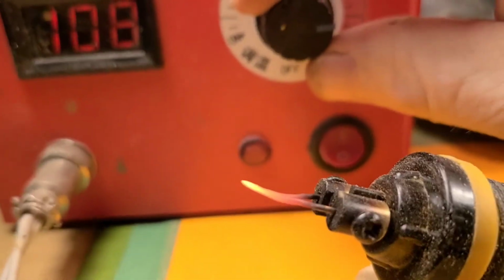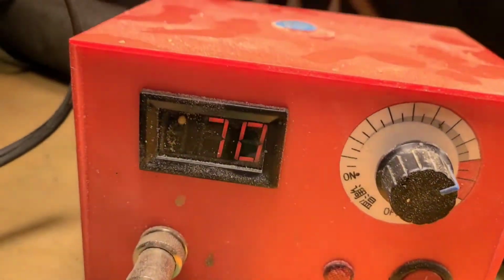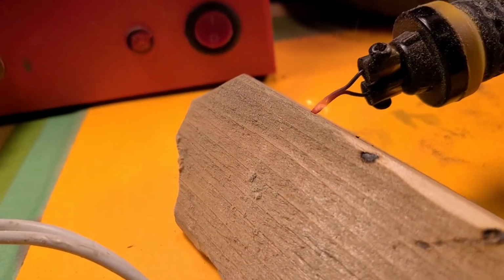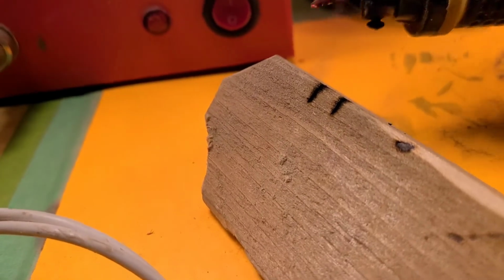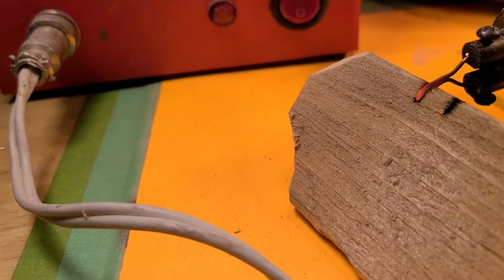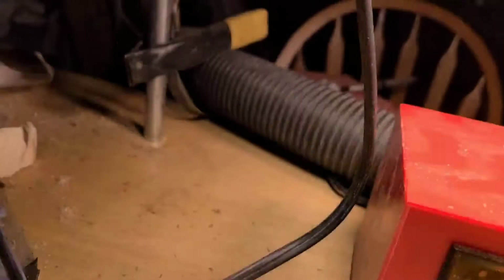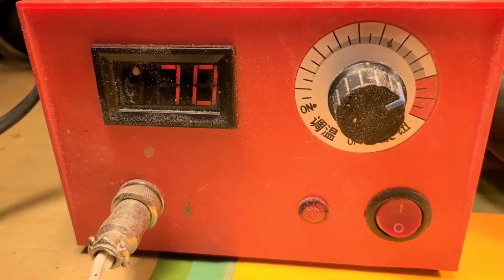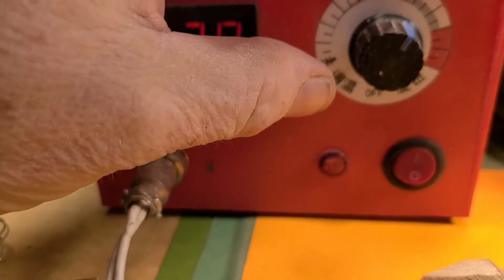56. Okay, 108 and that thing is smoking red. Look at that, it'd start a fire right in that wood. Poof. Look at how quick that is. I just burnt and set my wood on fire at 70. It's at 70. So I usually run it down, like I said, right around